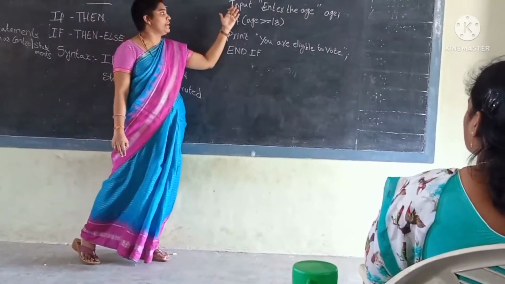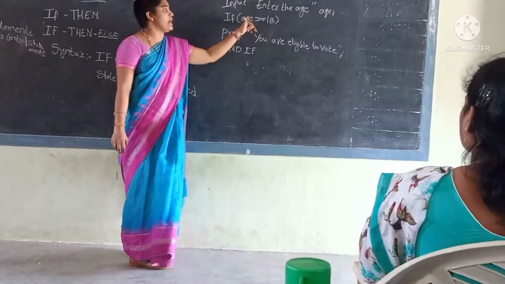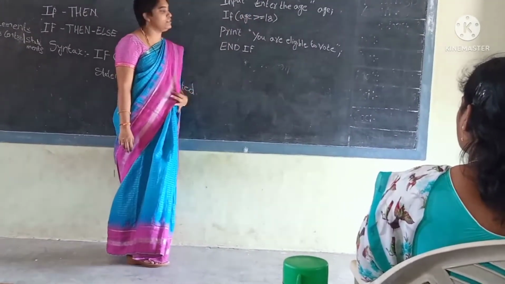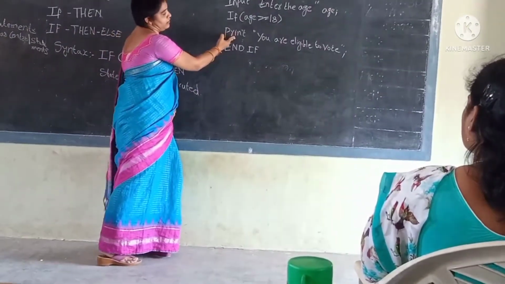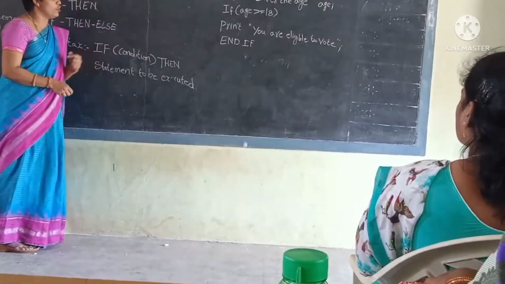So we will be giving the input as an age, and we will get the output. If the age applied is greater than or equal to 18, we will get the output as "you are eligible to vote." So the flow chart will be